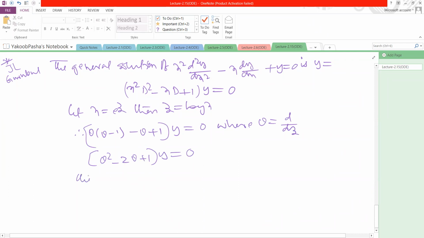Now taking the corresponding auxiliary equation. The auxiliary equation is m square minus 2m plus 1 is equal to 0. That is nothing but (m minus 1) whole square equal to 0. M is a repeated root. When it is a repeated root, then we write yc as c1 plus c2